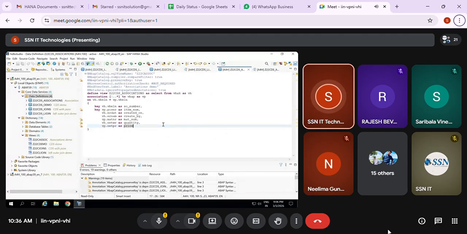For example, I use this CDS view in my select statement in my program, and I'm fetching only VBELN and NETWR. Which table are VBELN and NETWR from? VBAK, correct?